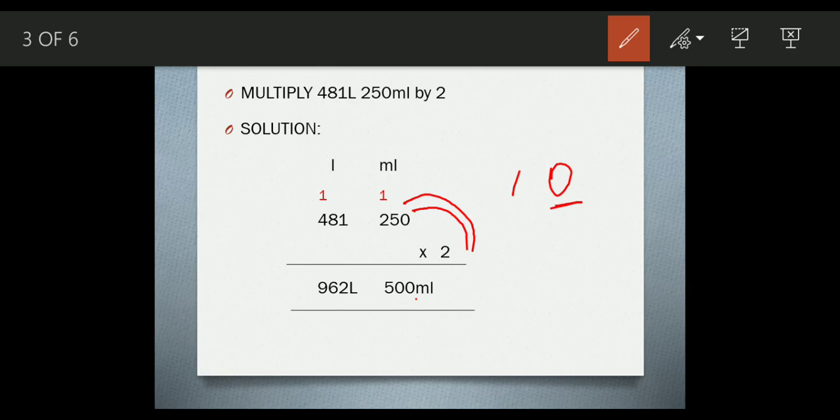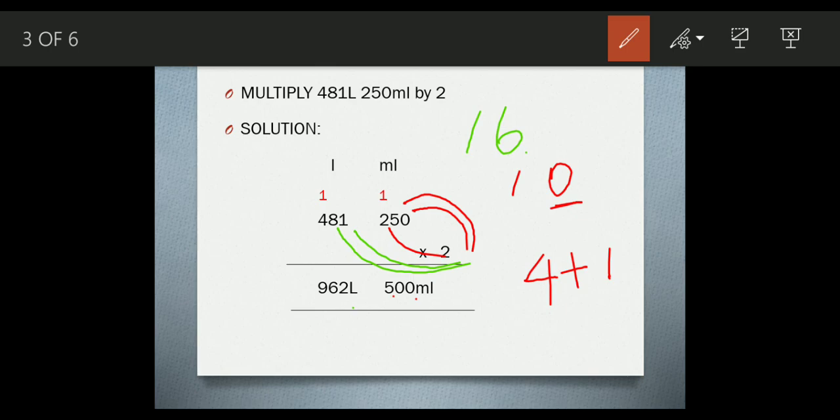Now multiply the next number. 2 into 2, 2 2s are 4. Along with 4, the carryover 1 I have. So 4 plus 1, what will we get? 5. I have written it there. Right? Now let me take another color to show the difference. Again I'll continue the multiplication. Next 2 into 1. 2 1s are 2. I have written it there. Then 2 8s are 16. In 16, the digit in the ones place, 6, I have written in the answer part, and I'll take the 1 as a carryover.